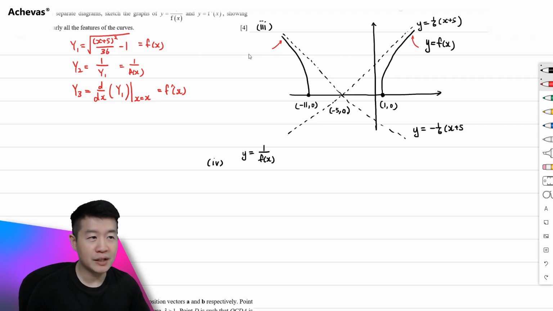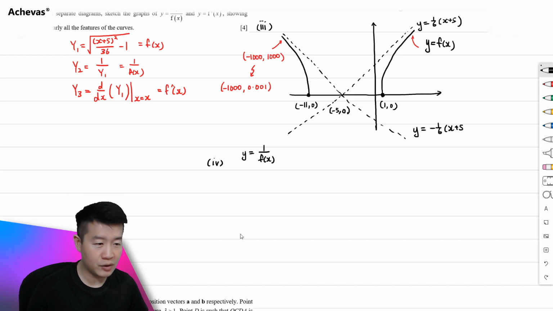So for example, for a point that is here, I'm going to assign to it an arbitrary coordinate. Assuming that it is very, very much to the left, like, for example, minus 1000, and very high up, for example, 1000. So this is going to be a point that is on the graph of y is equal to f(x). And transforming this point to a point that is on 1 over f(x), this will become minus 1000, and 1 over 1000 will be 0.001, which means that on my graph,